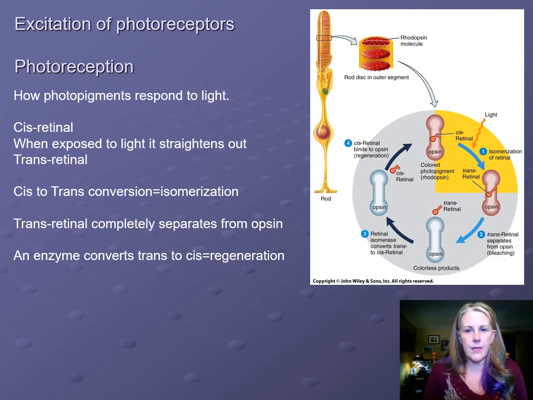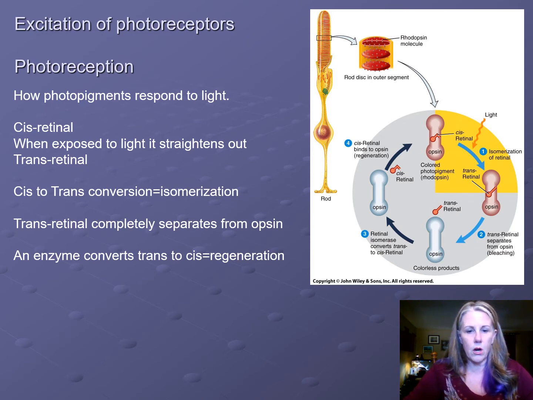Before we jump into this, I need to backtrack a little bit and talk about those photopigments. So what was the name of the photopigment in rods? Because we're using that one as an example. Rhodopsin, right? Starts with an O, an R. It was easy to remember. Okay. And it's made up of opsins, different types of opsins, and retinol. Okay, so